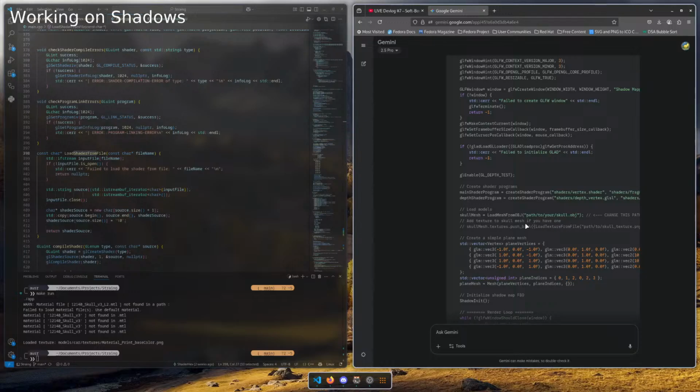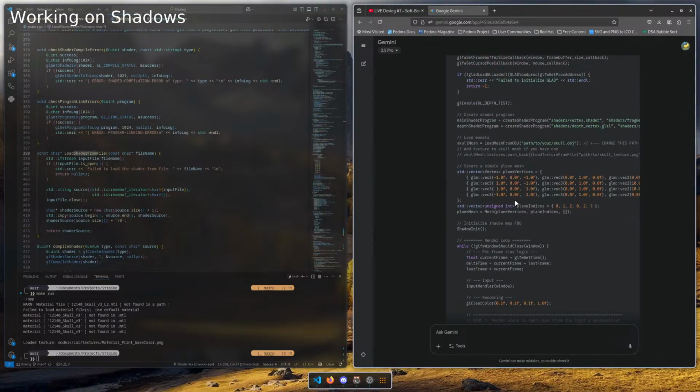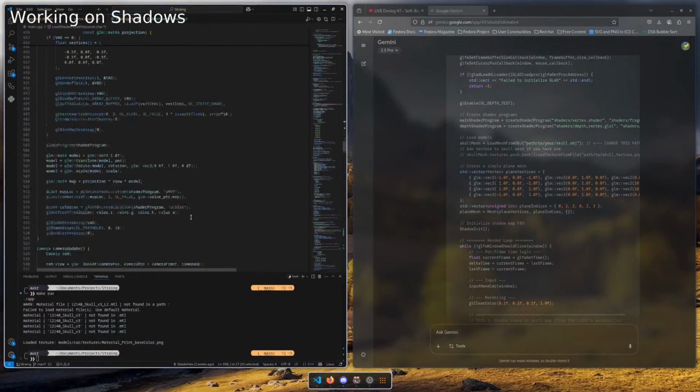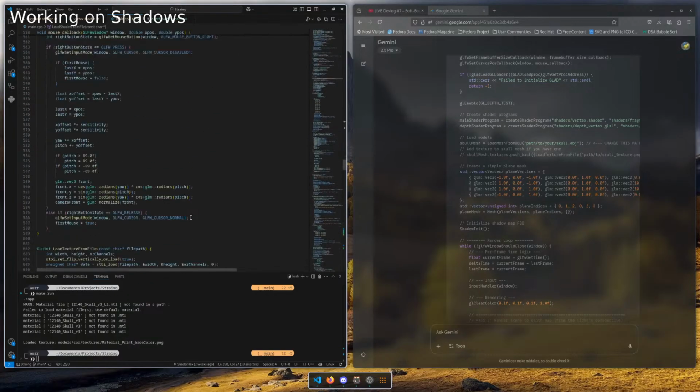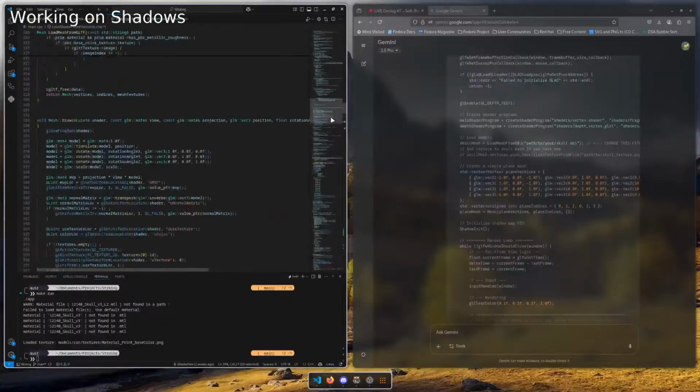Alright, I got you. This simple plain mesh. You don't even have to do a lot. I actually have a function that does the same thing. Yeah, whatever. I know that I have that.